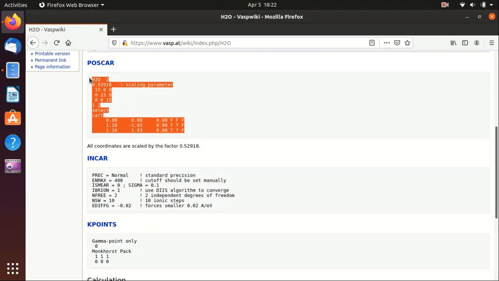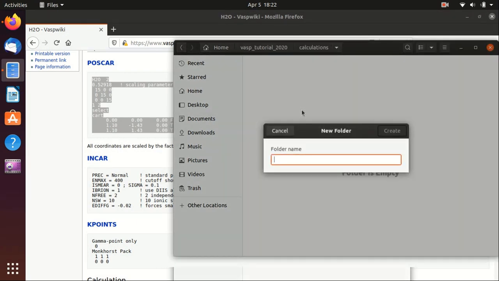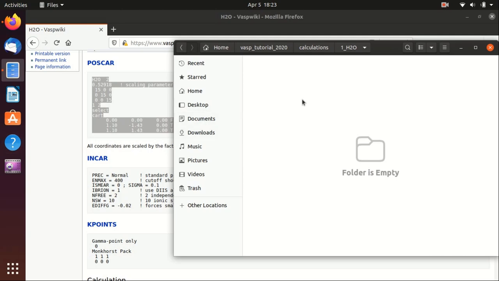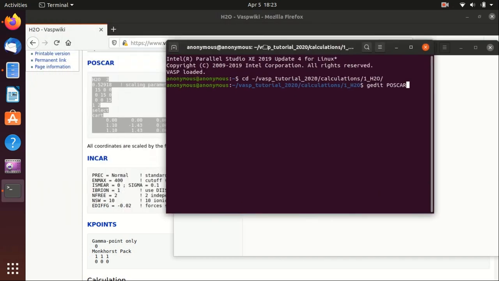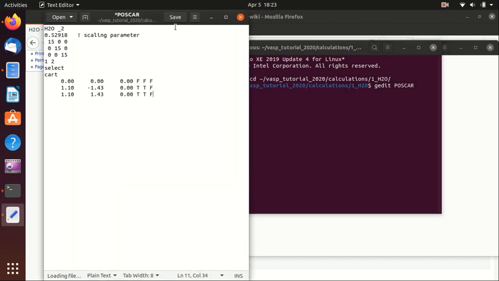Okay, so we just copy this POSCAR, and then we make a folder in the calculations. Let's say H2O. Okay, and then we go to the H2O folder, and let's go to the terminal. Maybe this is easier. Okay, cd vasp calculations 1, and then we use gedit, and so what is the file? POSCAR. Okay, POSCAR, and we copy everything here, save,